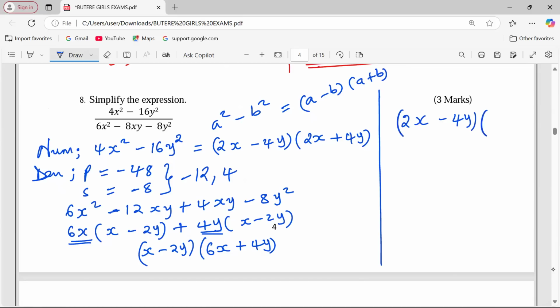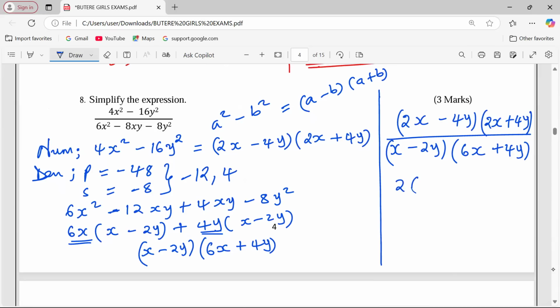Then 2x plus 4y, divided by the denominator x minus 2y into 6x plus 4y that way. Now, from the numerator, in the first factor, if I factorize 2, then I shall have